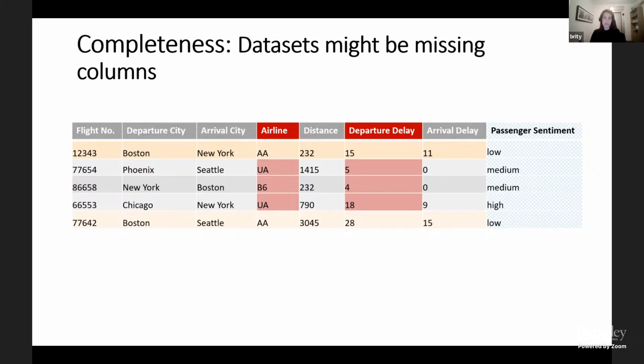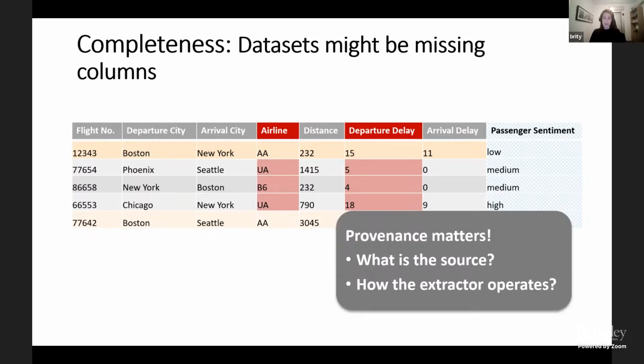So therefore, this is not a relevant variable to include in our data set, because we only want to include those variables that are relevant to the causal estimation. In this case, this variable is not relevant. So that means that when joining a variable, we first want to know the source of the variable that we are joining, and maybe to this source we can assign some probability to see how sure we are that those values are correct or not, and also how the extractor operates. And this will give us some hint, maybe this variable was measured only after the flight operates,